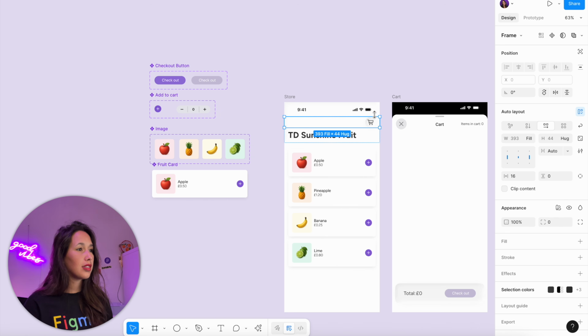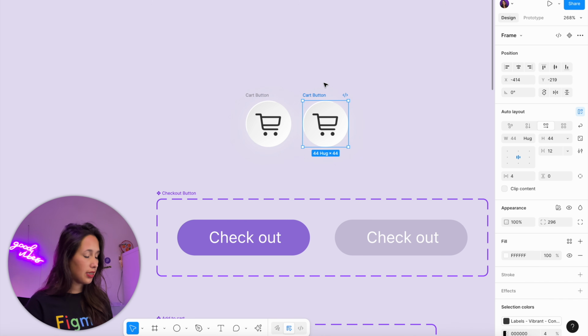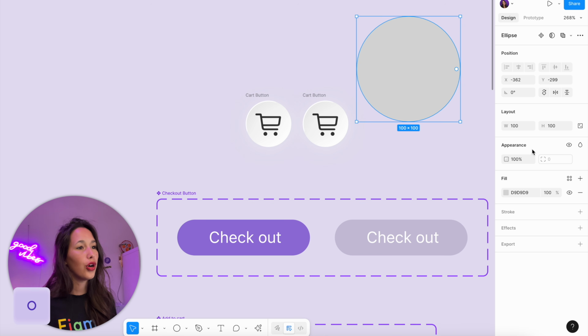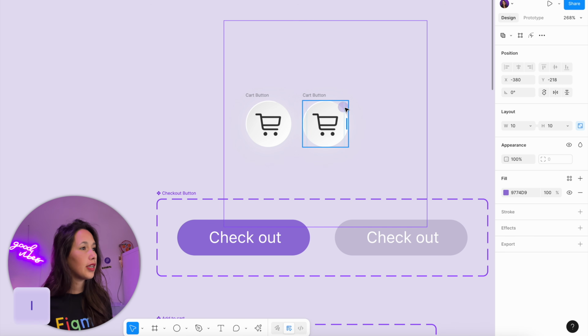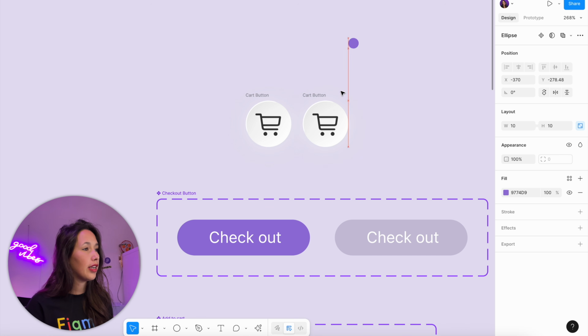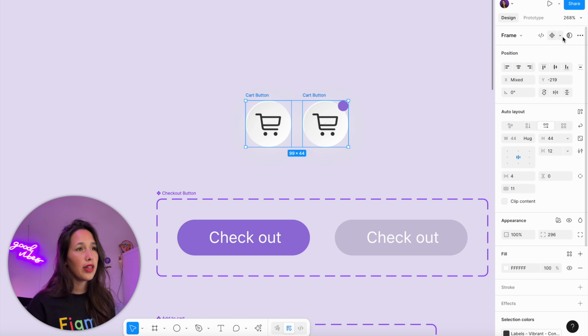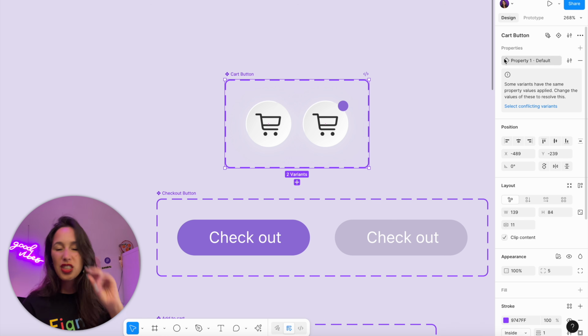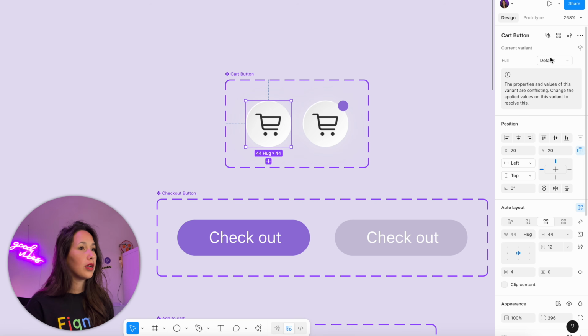So I'll copy this button out for the cart. I'll duplicate it, add in a circle. So clicking on O, and I'll make that probably 10 by 10. Using the I key to get the eyedropper, get it in this color, bring it into here. Not into the auto layout, and just align it to the top. Yeah. So when the cart is full, I've got that notification thing telling me that, say full,